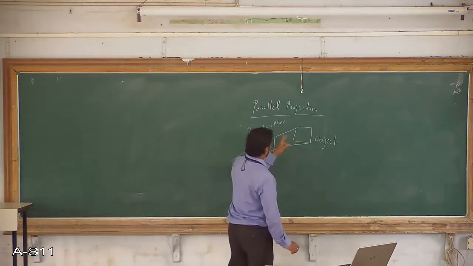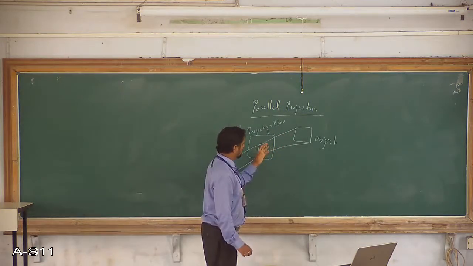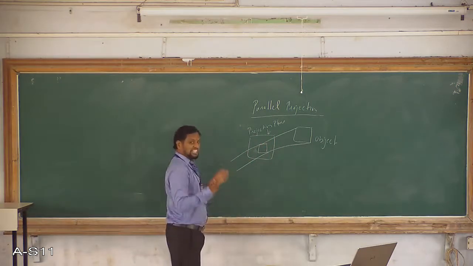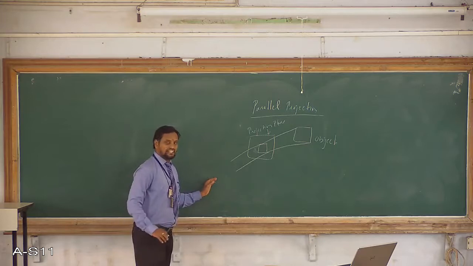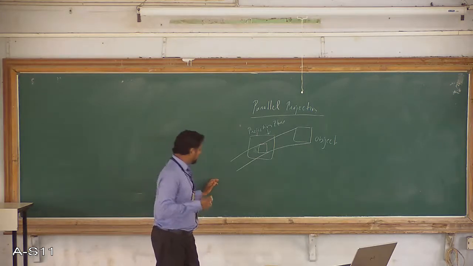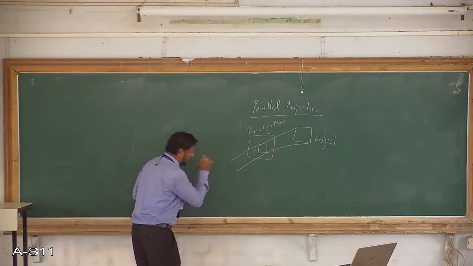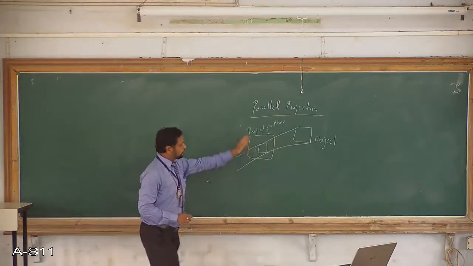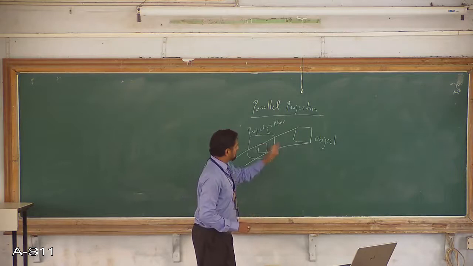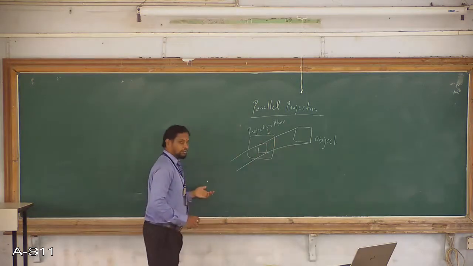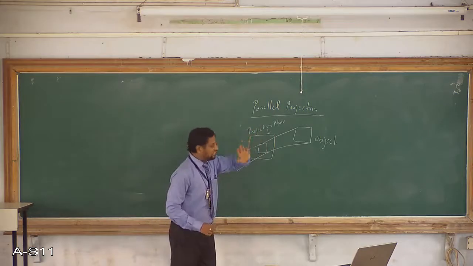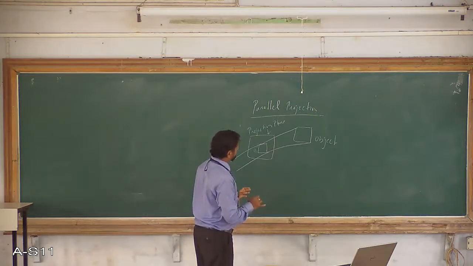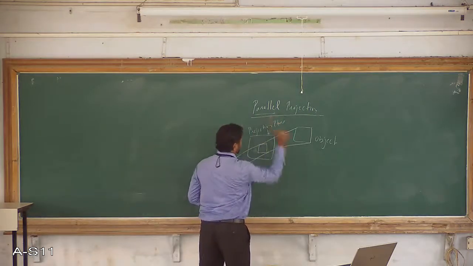I am going to maintain these parallel lines will always be parallel lines, and they are not going to meet each other at a certain distance. Whereas in the previous case, in the perspective view, they used to meet at a point called COP. But here, these two parallel lines are not going to meet at one position. They are going to remain parallel infinitely. So this kind of projection is called parallel projection.